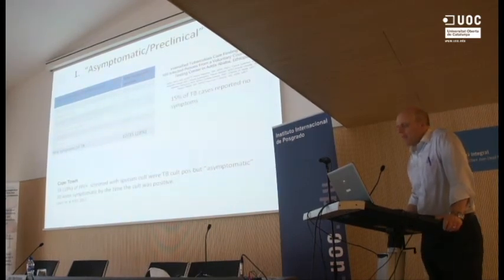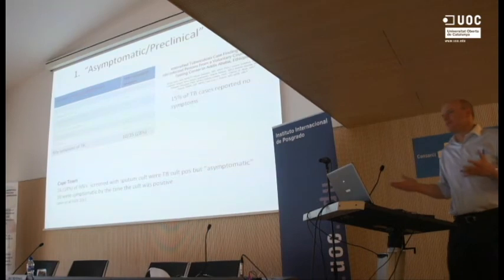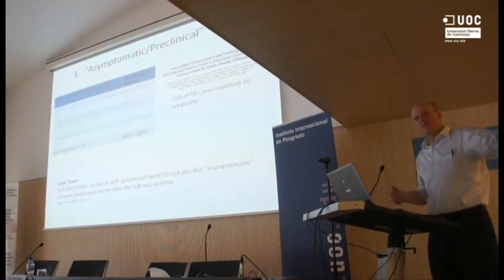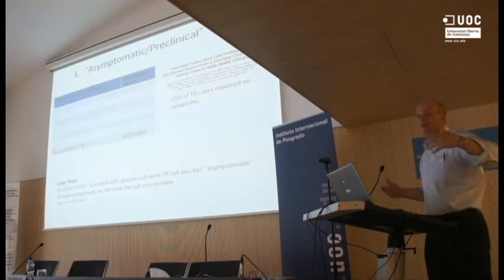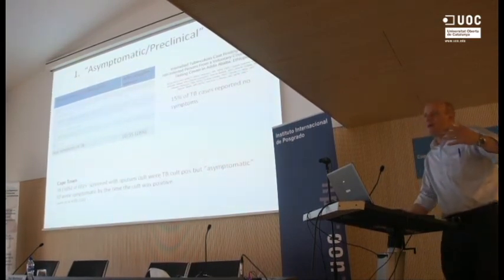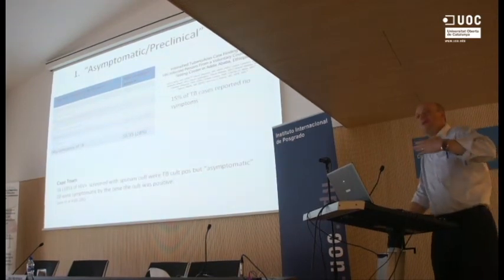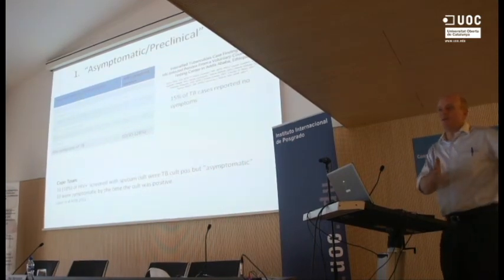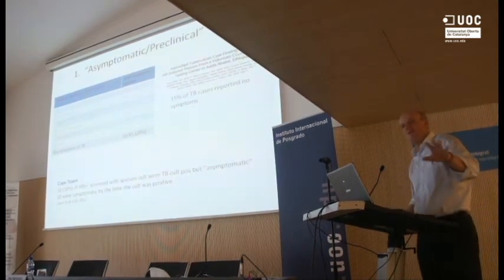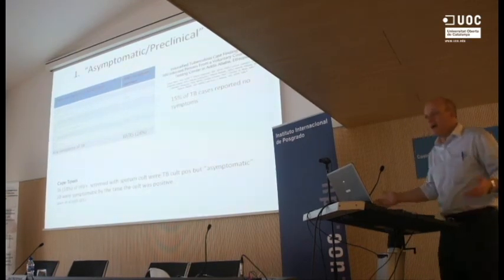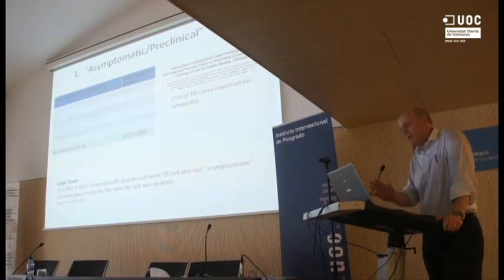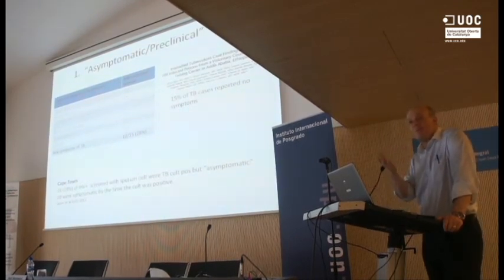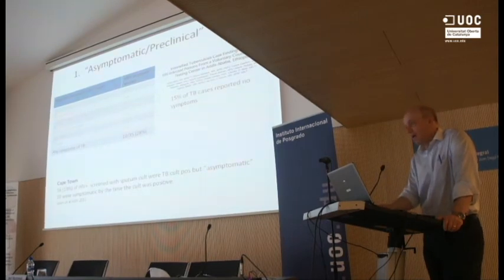So I think this has quite major implications. If there is any move to do community-based screening by symptoms, which is currently what the WHO is recommending for HIV-infected people, then you're going to be missing a lot of people who are potentially infectious. If you just use symptoms to try and identify those that are infectious, you're going to miss a reasonable proportion, and probably depending on the context and who you're targeting, you're going to be missing some infectious patients who are still continuing to cough up infectious material.